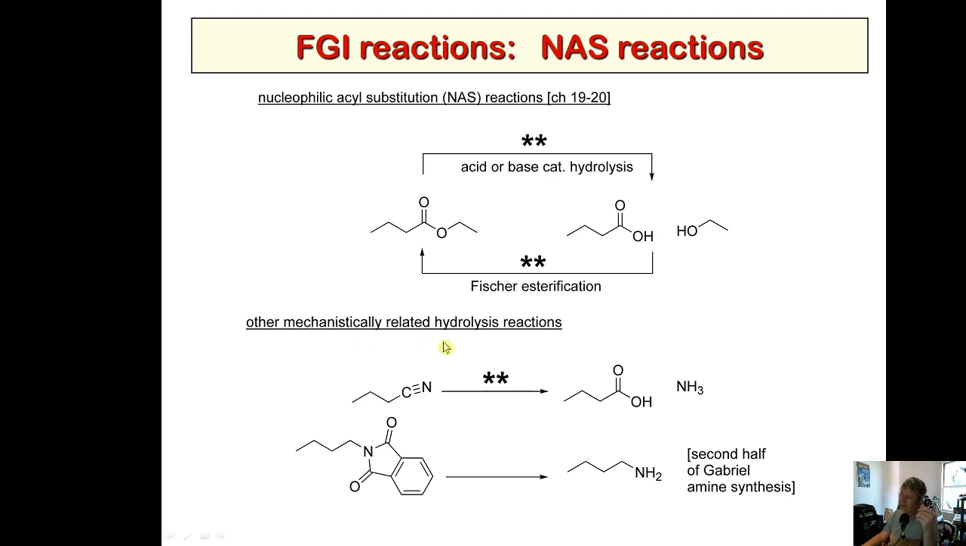Other mechanistically related hydrolysis reactions: nitrile to carboxylic acid. Fun one, long, good exam problem because it feels like 20 steps and a lot of potential for little errors, so you've got to really pay attention and be careful. Make sure all your formal charges are good. This one, the second half of the Gabriel amine synthesis, is another one. You use water and maybe catalytic acid, and it's a long